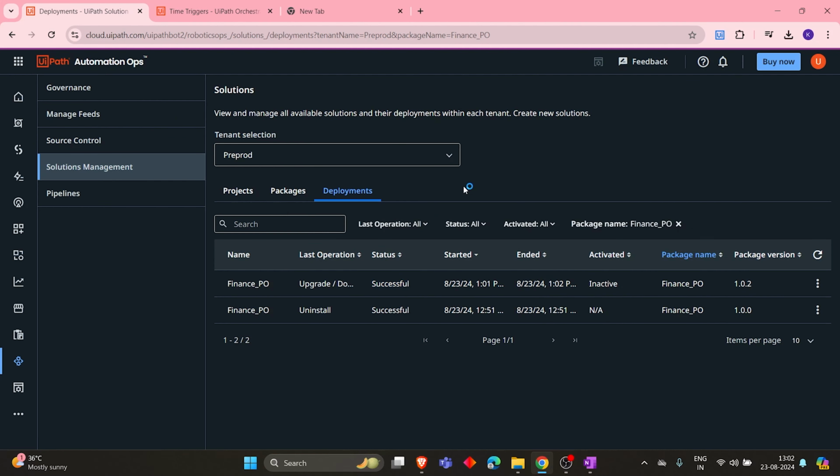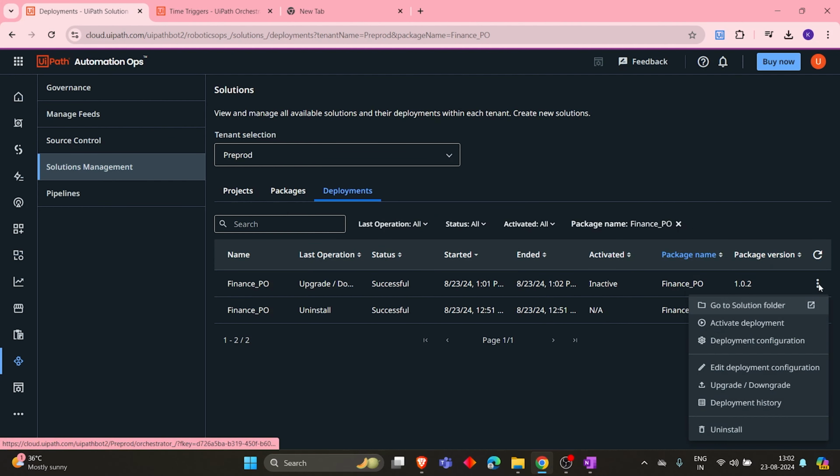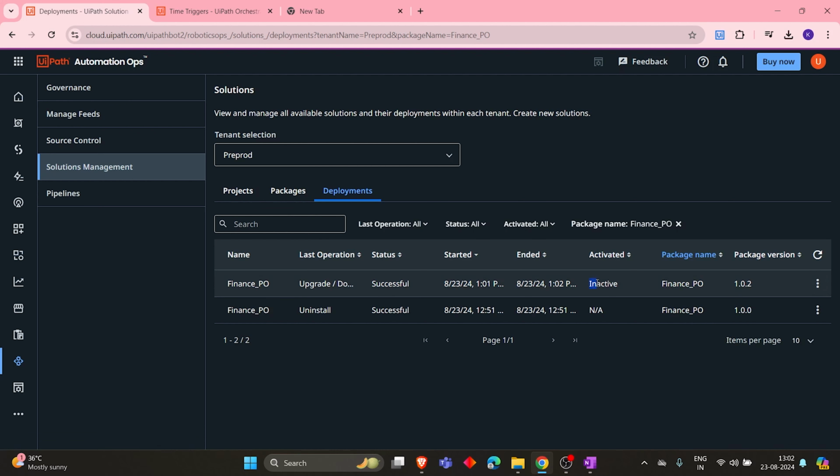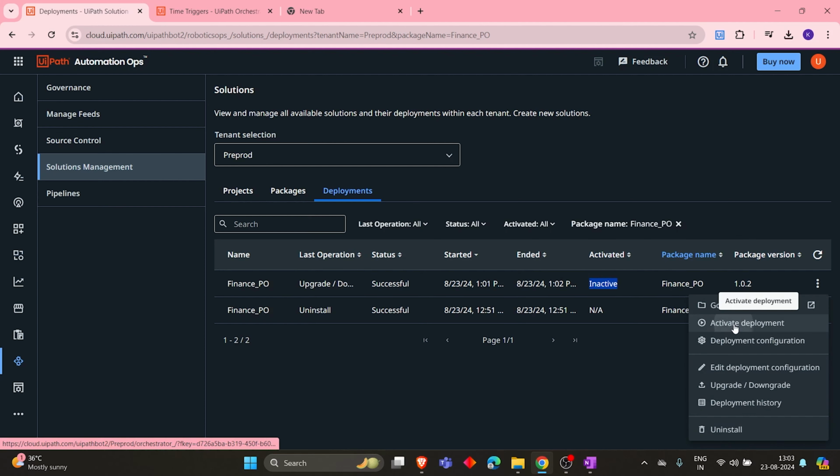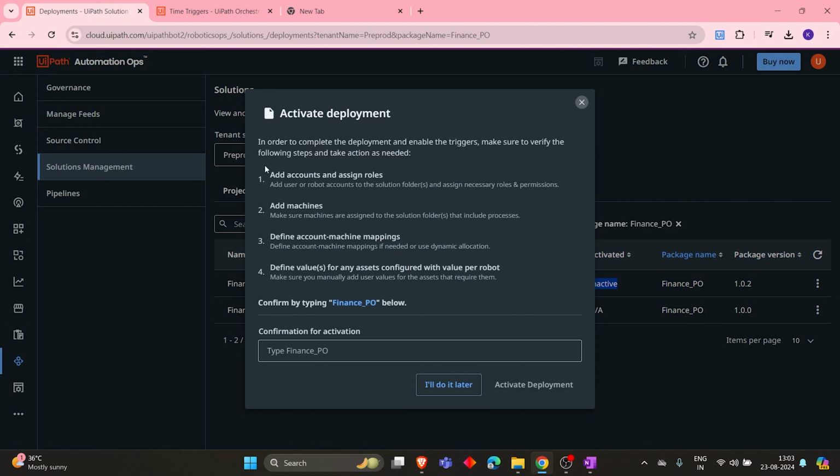So in order to make that active, there is an option. You can click on three dots and then you can click on activate deployment. So you see currently it is inactive. So it just added the components, but it didn't make it active. So click on three dots, click on activate deployment. And then these are some of the steps which you have to follow before activating it. For example, if there is a need to add accounts or assign roles, you can just add them, add machines. So all these are mandatory steps you just have to follow. Once you are done with all these, then